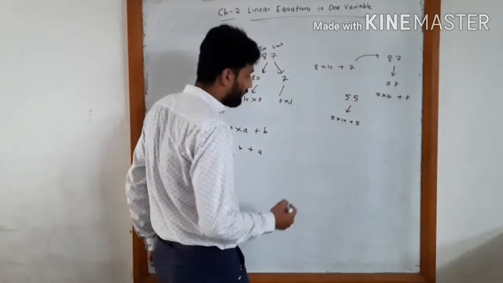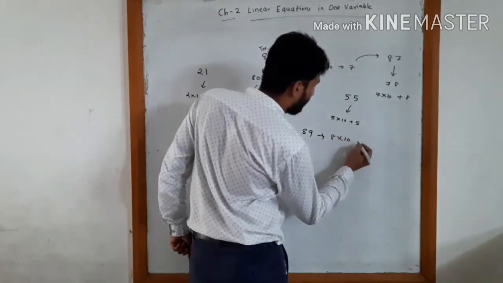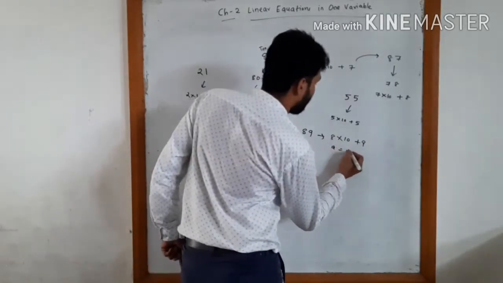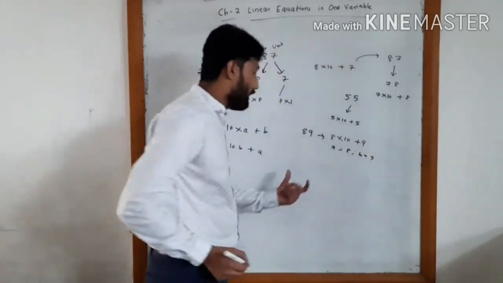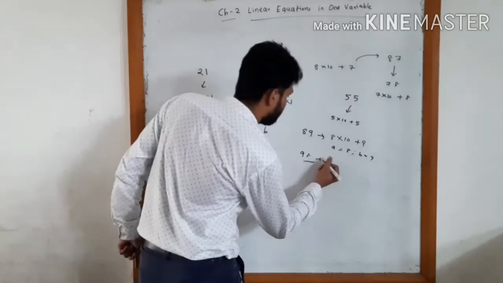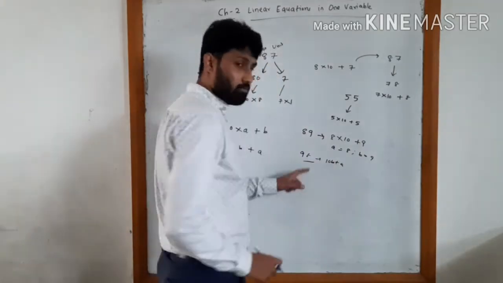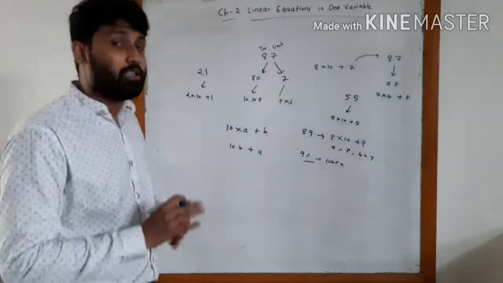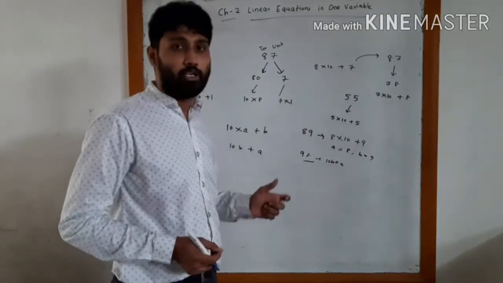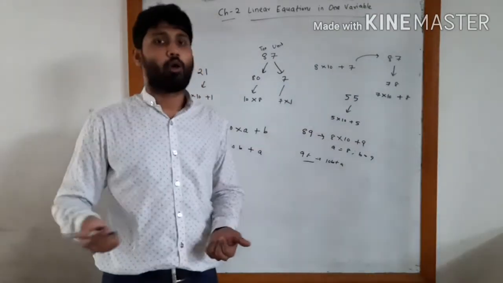So let's take 2-3 examples. If we have 89, and 89 is 8 into 10 plus 9. So if we put this as 10A plus B, A is 8, B is 9. And if we interchange the digits, we get 98, which is 10B plus A, where B is 9 and A is 8. I hope this much is clear and there is no confusion and you are able to understand how to represent a particular two-digit number. This is clear, right? Let's move on to the problem.